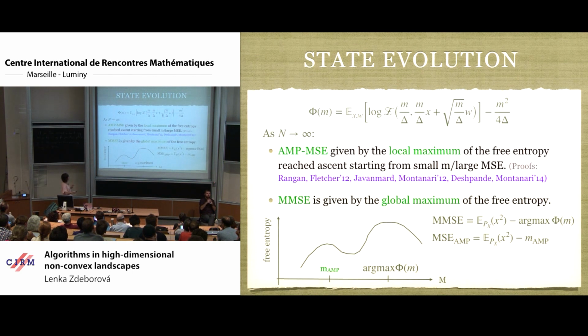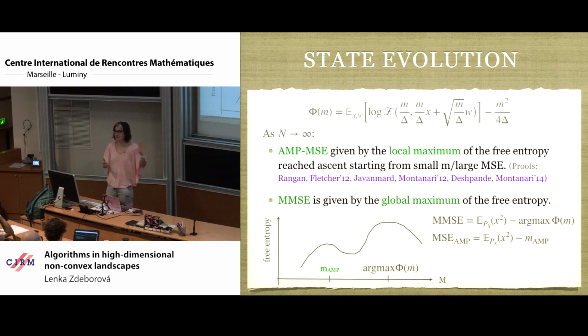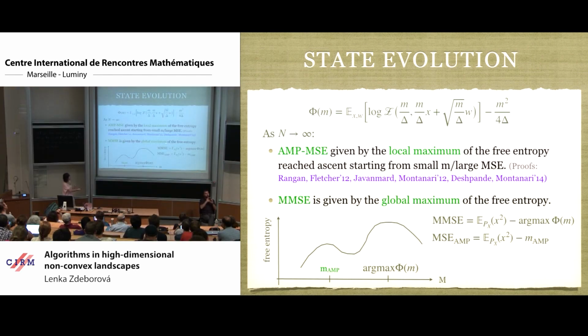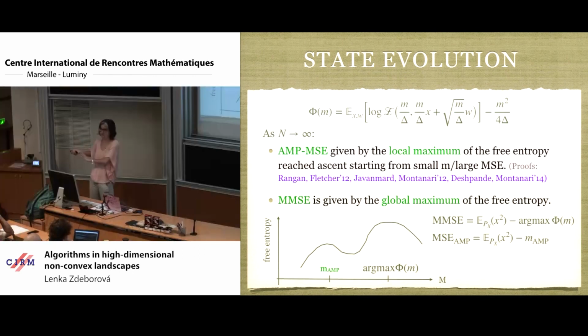And this is very simple. It's called a state evolution. Proving it is maybe less simple. But the result is the following: we need to take the same function that we had before in the theorem, that a priori was not at all related to the algorithm, but this claim actually tells you that they are related. Before, the optimal error we got by evaluating the global maximum of this function. And the error the algorithm is reaching is the local maximum of this function that has the worst error. Okay, so the same function tells us what is the optimum of performance and what is this particular algorithm achieving.